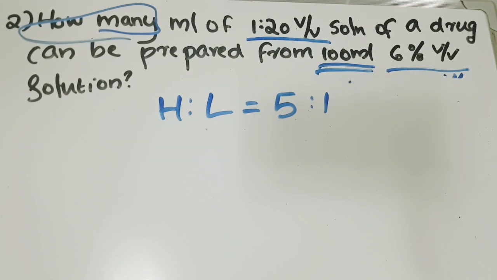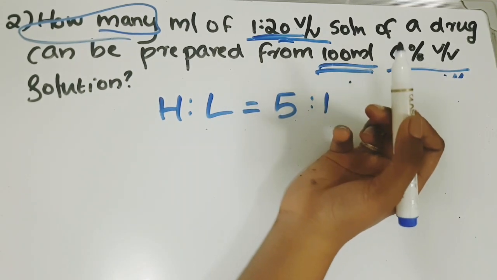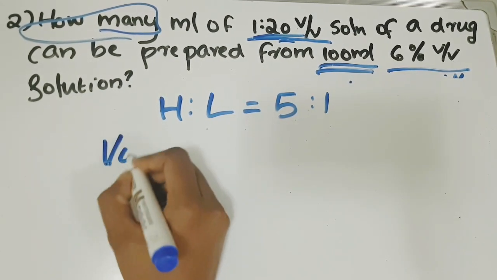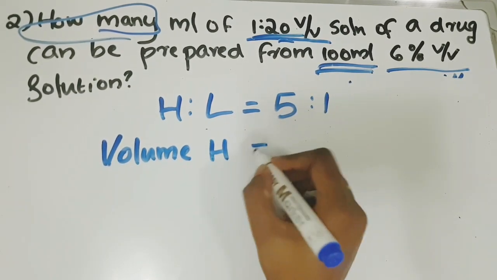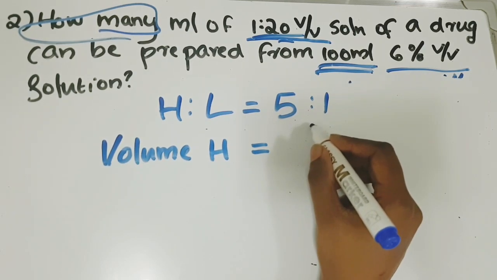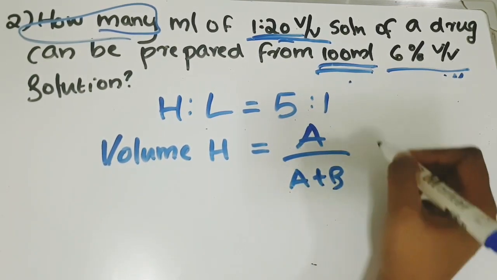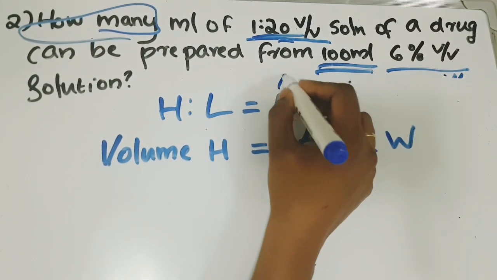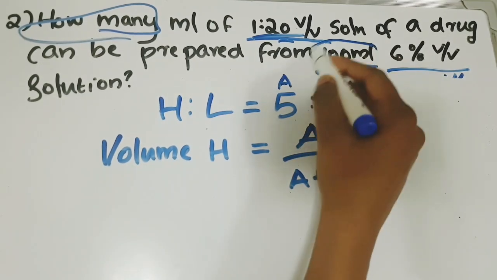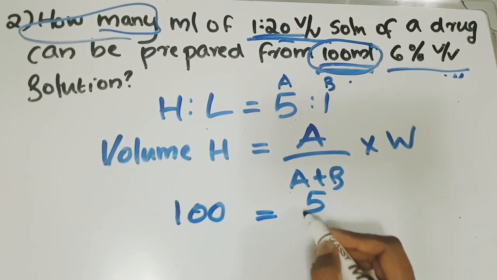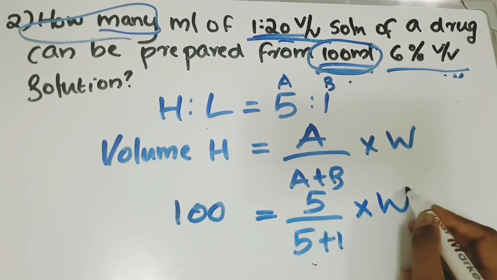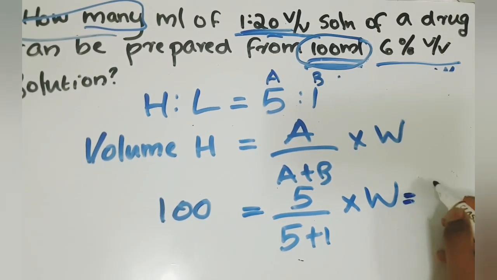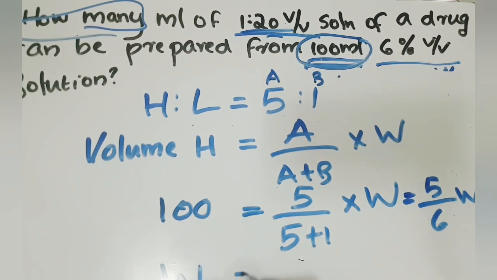Previously we explained how to determine the exact quantity. From that we can find the final volume of this 1:20 volume by volume solution. For that, the volume of higher solution is equal to, as we wrote previously, A divided by A plus B into W. Here this is A and this is B, and the volume is already provided, it is 100 ml. So 100 will be 5 divided by 5 plus 1 into W. This W we have to find out. So that will be equal to 5 divided by 6 W, and W will be 6 into 100 divided by 5, and the answer will be